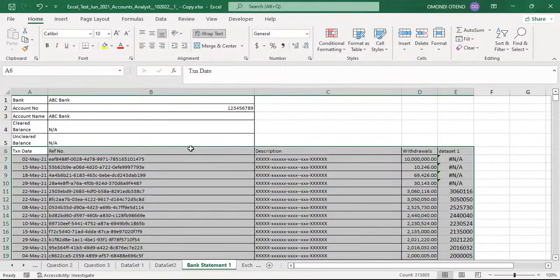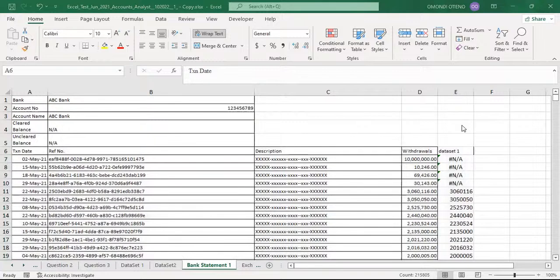The codes are unique. They are not found in the other worksheet, but they are found in the bank statement worksheet. So that's the first difference we are getting there. So it means the other ones that are here,